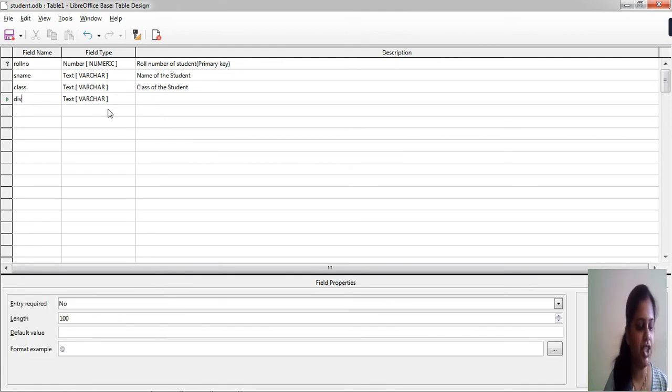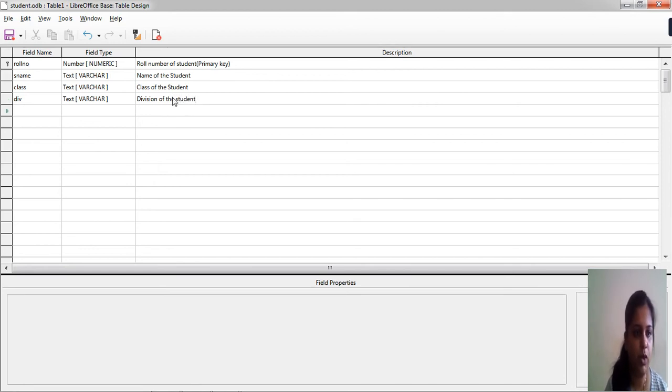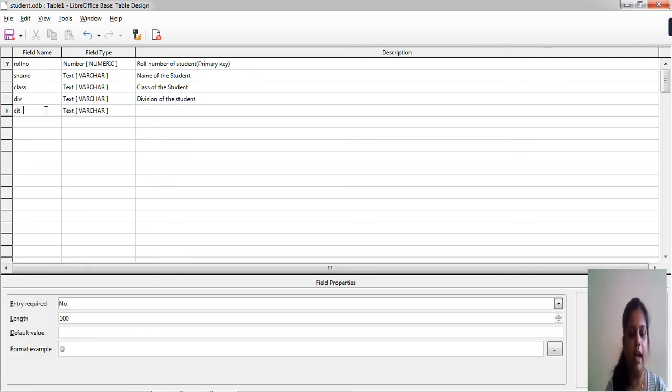Again for division keep the data type as text, and description will be division of the student. Okay. Next, after division, is the city. Again city will be text, varchar, it will be the city of the student.